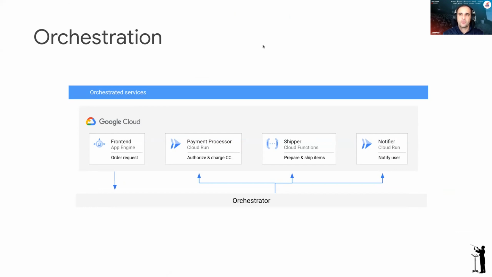You need to figure out how to ensure the transaction is successful, things like that. So it's not perfect either. Now, another approach that you can take is what's called orchestration. And if we go back to our previous simple example of the e-commerce transaction, in the orchestration approach, what you